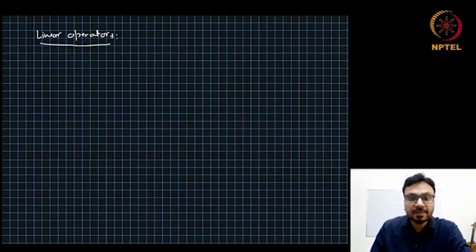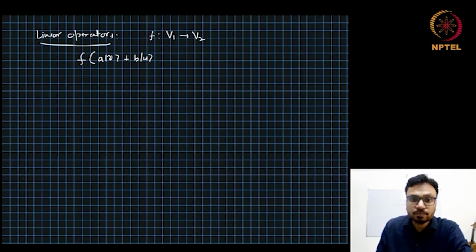Linear operators are mappings. Let us say we have a map F which takes the vectors of a vector space V1 to another vector space V2. Now this map F, or this function F which maps the vectors of V1 to V2, will be called a linear operator if it satisfies the following condition: F of AV plus BU, where V and U both belong to the vector space V1, and A and B are the scalars